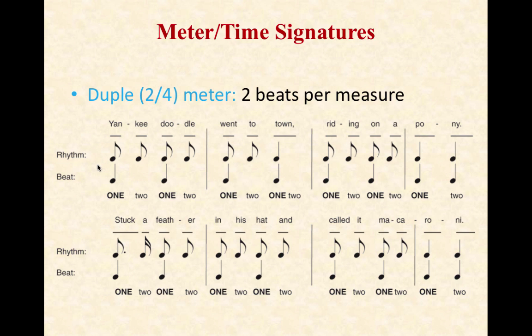And now let's try starting on an upbeat, as it does. I'm not a great singer, but I'm going to sing the song for you. So go ahead and try this with me. I want you to be clapping the underlying beat. You can hear my clapping going on. And then we have another upbeat to the beginning, in 3/4 time. Yankee Doodle went to town riding on a pony, stuck a feather in his hat and called it macaroni.